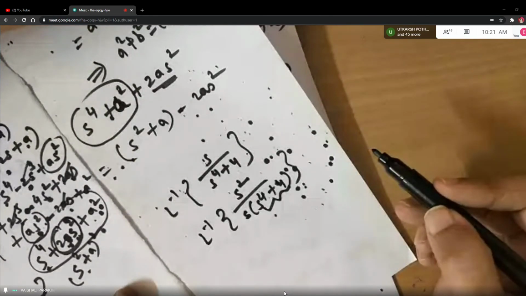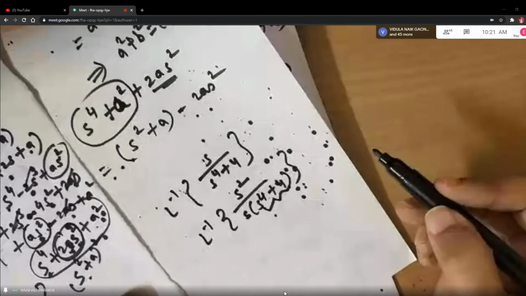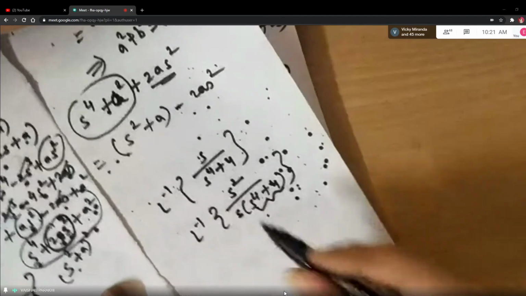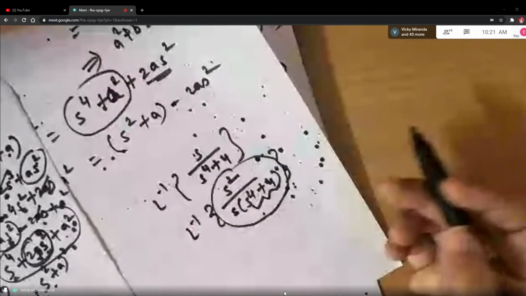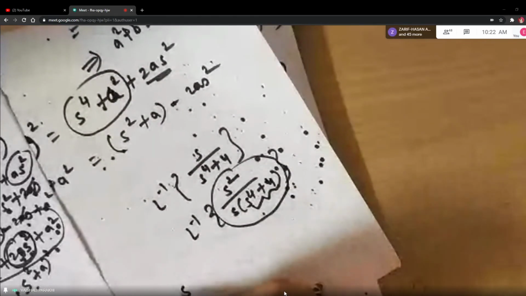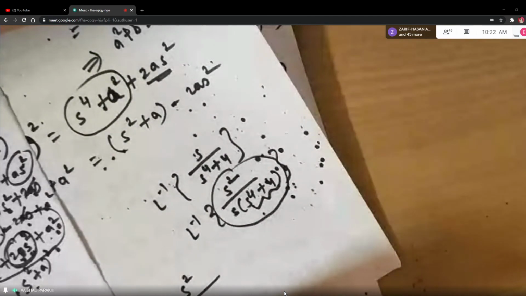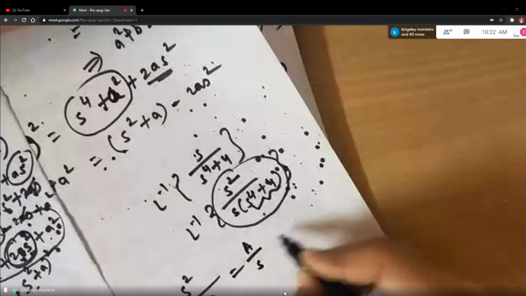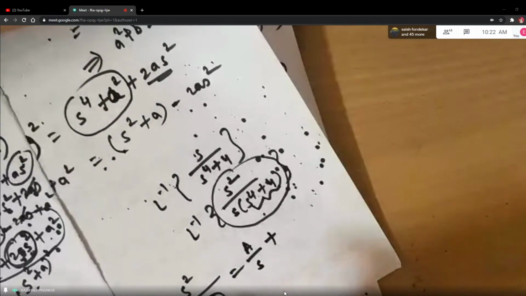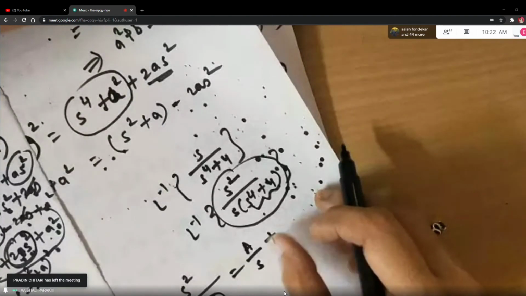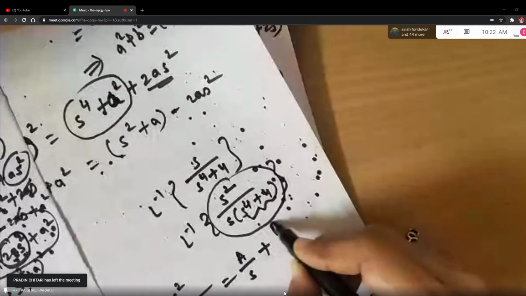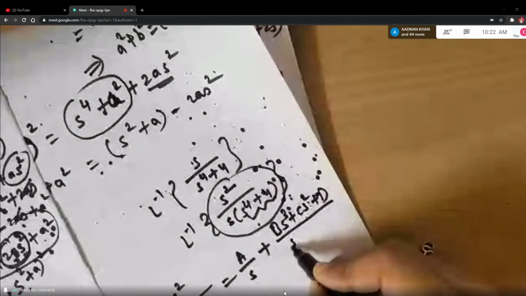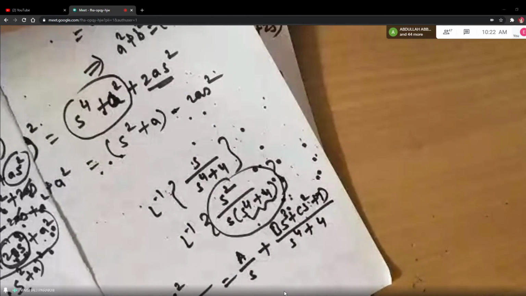Can't you somehow find the values of A and B? Like if you put S equal to 1 or S equal to 0. See, as you are saying, how it will be with partial fractions. S square upon S into S raised to 4 plus 4 will be equal to, now this S is linear, right? So I'll write A upon S. Now this is raised to 4, so my numerator should be cubic, right? So it will be BS cube plus CS square plus D. Am I correct? This only you're talking about, right?